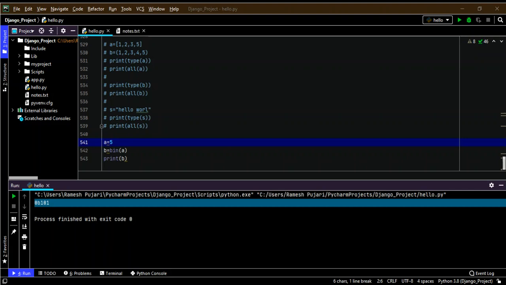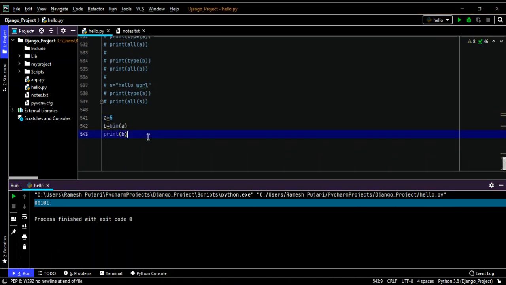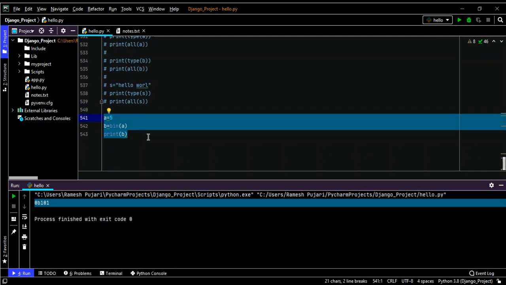Now I am going to explain the next inbuilt function, that is the Python bool function. The bool function is used to convert a value to a boolean, either true or false. So we can use the bool function. Now I will give an example, and I will demonstrate whether it is a boolean or not. Right now I will comment this one.